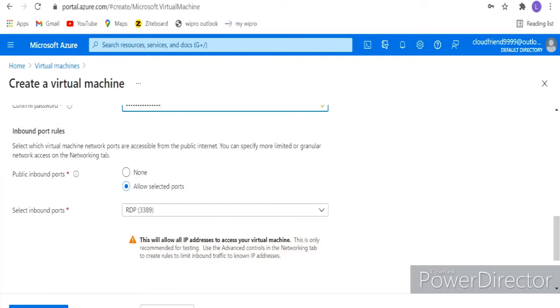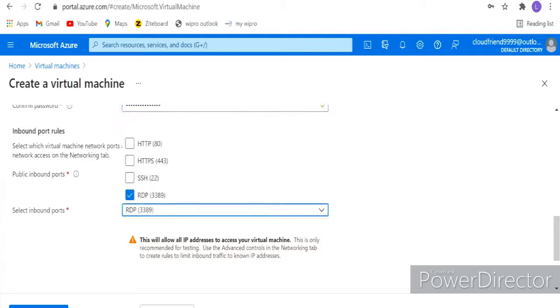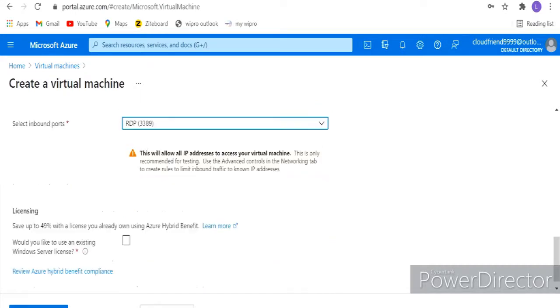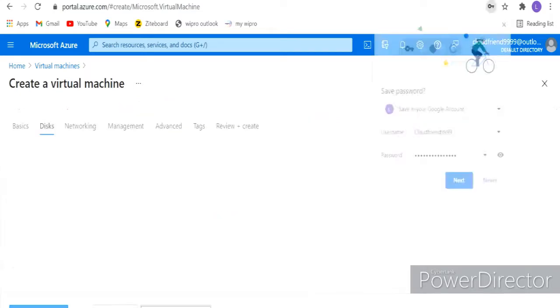I want to RDP into this particular virtual machine. By default, as it is a Windows server, we need remote desktop access to it, so it's RDP. It allows this particular port. And go to the